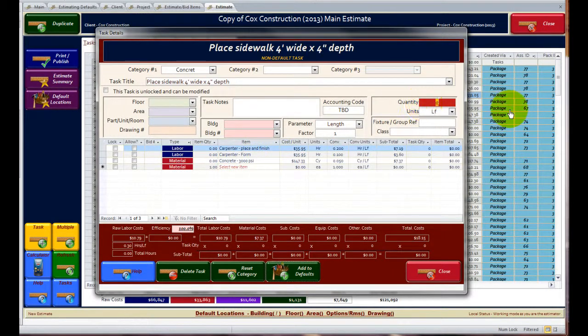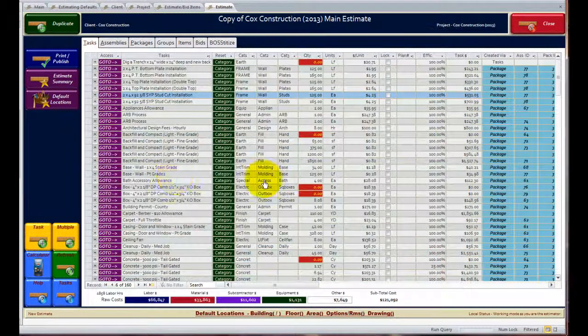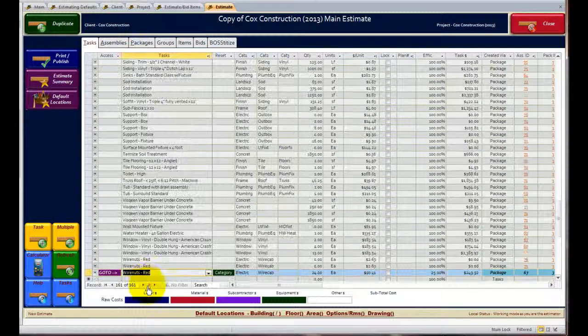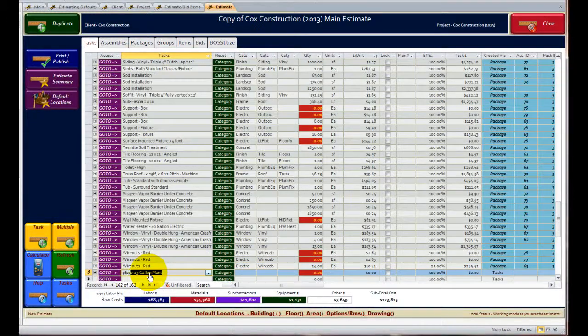And it's that simple. So I just created it, added it, and now it's a default from ever and ever. I'm going to go ahead and close that, and now it's in there. How do I know it's in there? Well, let's just go ahead and see if it's there. I'll add a new one. I think we called it place sidewalk. There it is. We just created it, pulled it up, used all that conversion factor and history, and we can